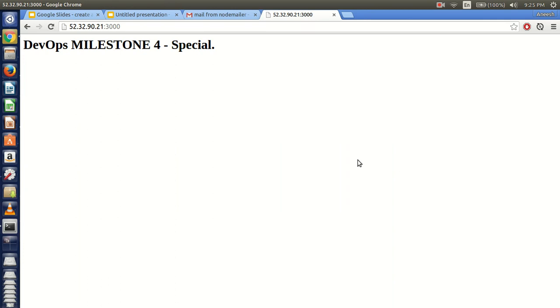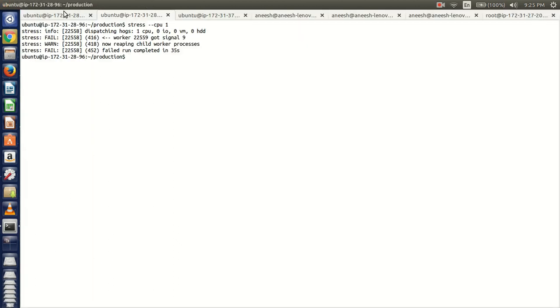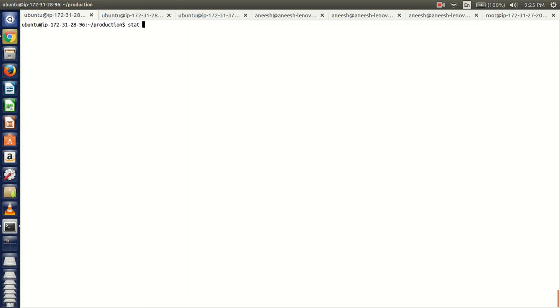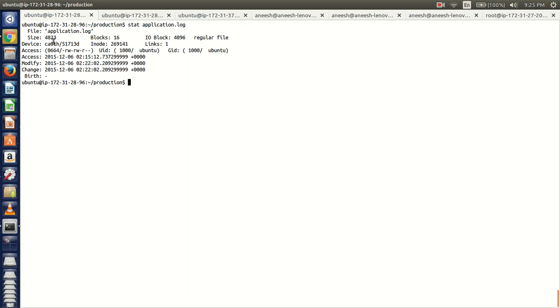For the maintenance monkey, we are implementing this by constantly monitoring the disk usage by checking the file size of the log file and backing it up and deleting it when it exceeds our threshold. So let us just check the current file size. As we can see, the file size right now is 4823. As a proof of concept, we've chosen our threshold in this example to be 5 KB,